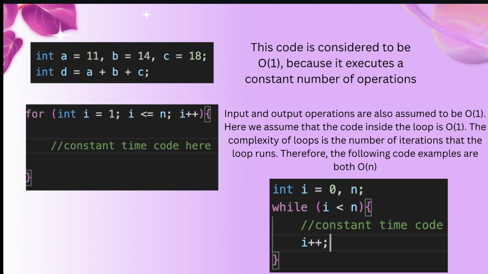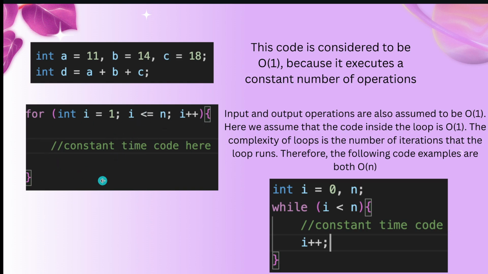Therefore, the complexity of loops is the number of iterations that the loop runs. And here we run our iterations n times. As a result, the following code examples are both O(n)